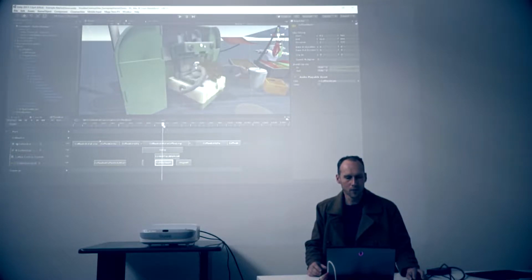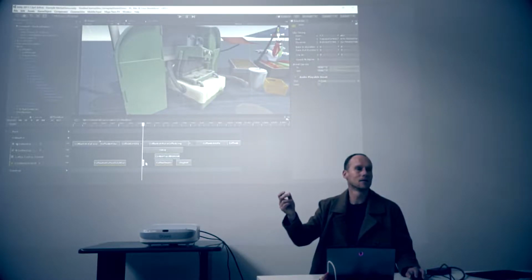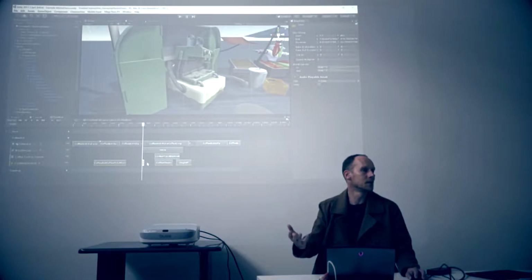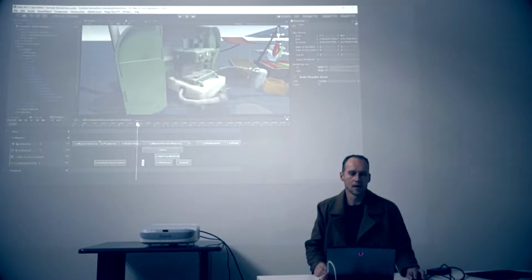So we have the workflow improvement here of being able to scrub backwards and forwards. The other thing I really like is this is really visual. So when this coffee cup appears, I just want to play this little clip, a track that just goes click, just make a little clicking sound, and I want that to happen as soon as the cup appears. Well, I can just line them up inside timeline, and now I know that click's going to happen at just the right moment. When the particle system happens, I want to start playing this coffee stream audio, so I can